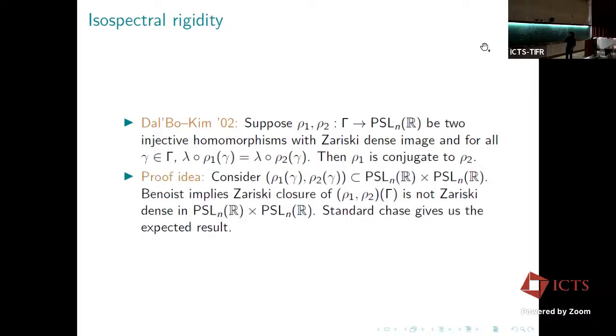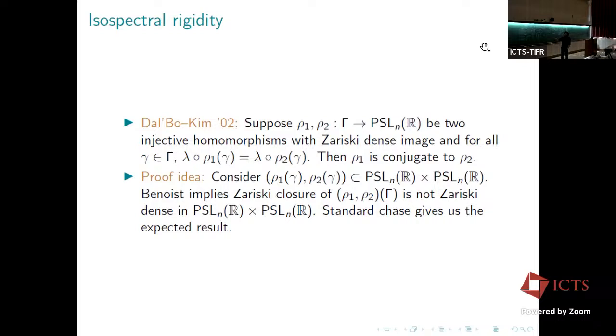I mean, this was done in their paper itself. You consider this (ρ1(γ), ρ2(γ)) inside PSL(n,R) × PSL(n,R). Then from Benoist's result, we know that Zariski density is equivalent to the limit cone having non-empty interior. So here, because there is this non-trivial relation between λ(ρ1(γ)) and λ(ρ2(γ)),